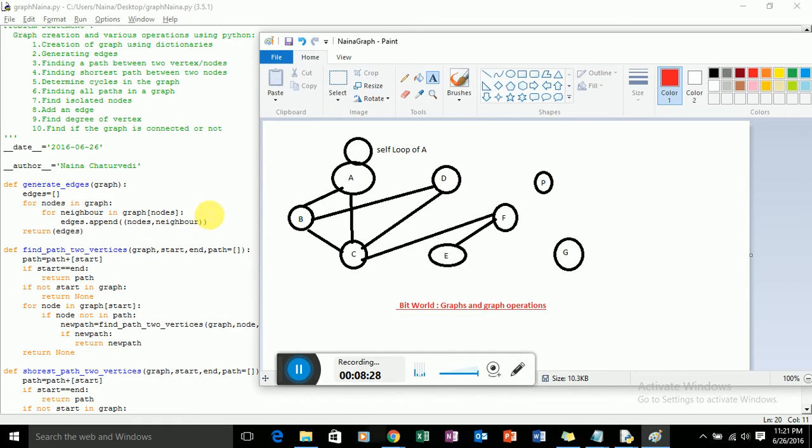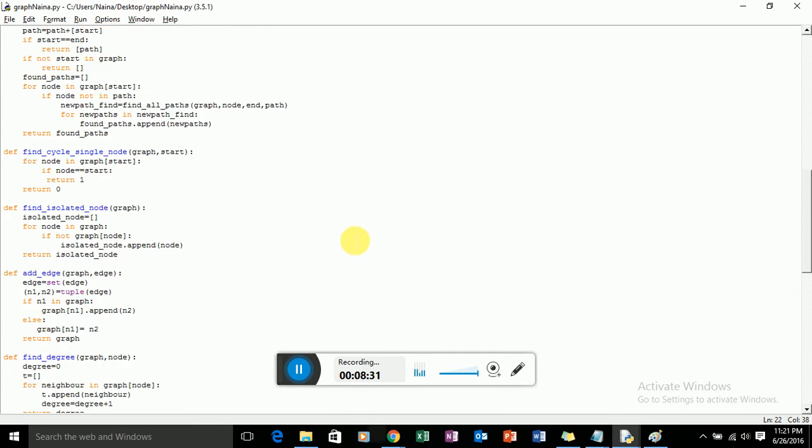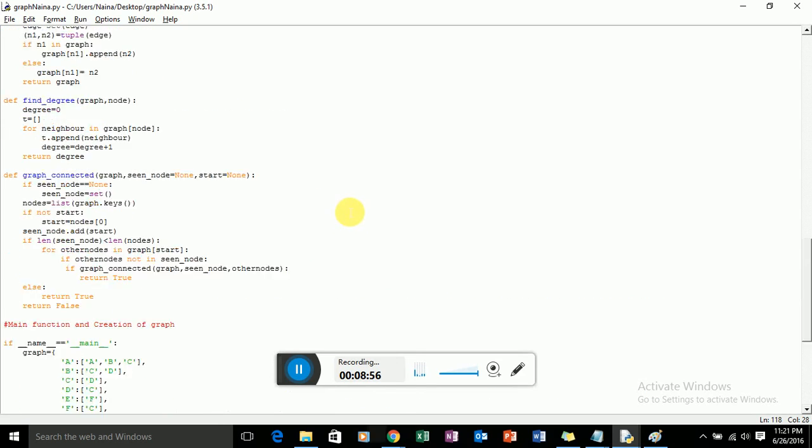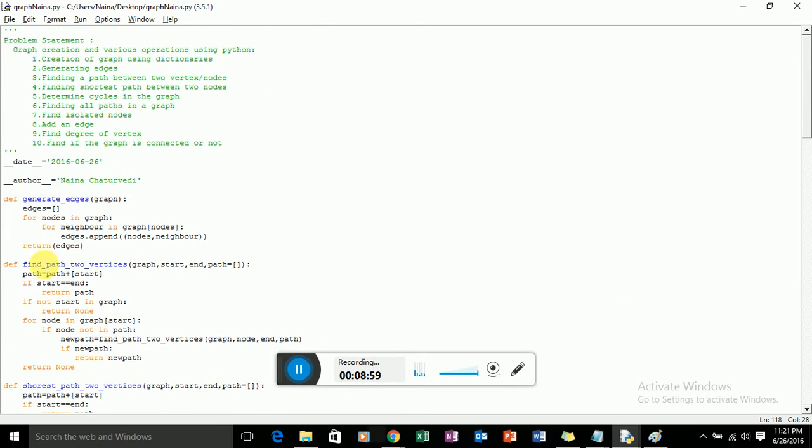So basically how does it find that this is the neighbor? If you see the graph in the dictionary, we have written all the values to which A is associated. So what it will do is, for A, it will create an edge for B, and it will create an edge for C. With this it gets to know that for node A, B and C are the neighbors, and it will traverse through those neighbors and append the node as well as the neighbor.